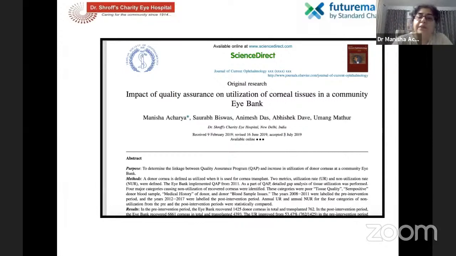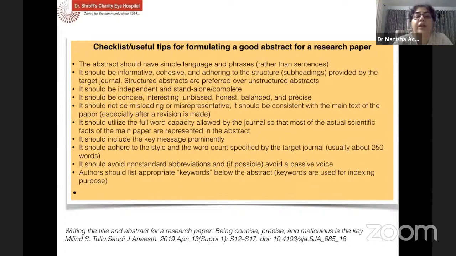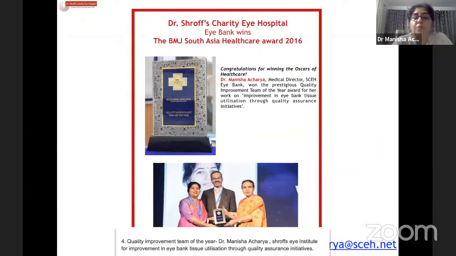I would say sometimes an idea is important, and this idea actually came to me when we got this award for Quality Improvement Team of the Year. At that point, it was like an abstract thing which we had put, that how quality can improve iBanking. To put it into a paper or a study is not easy because it's a very abstract thing. So we had to think again, and we did a lot of research on what we can do on this topic as well.